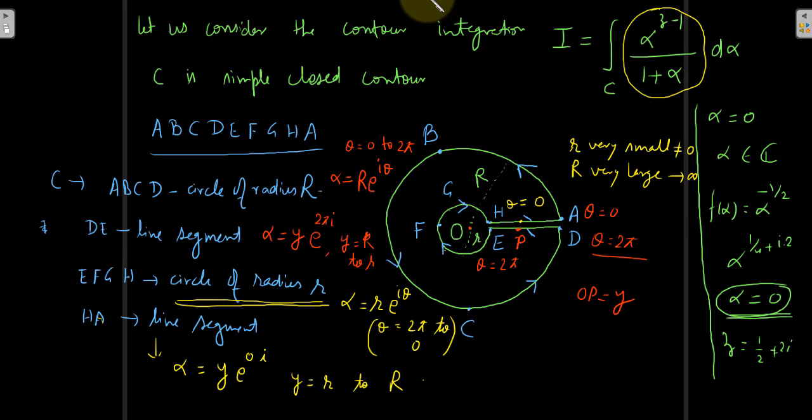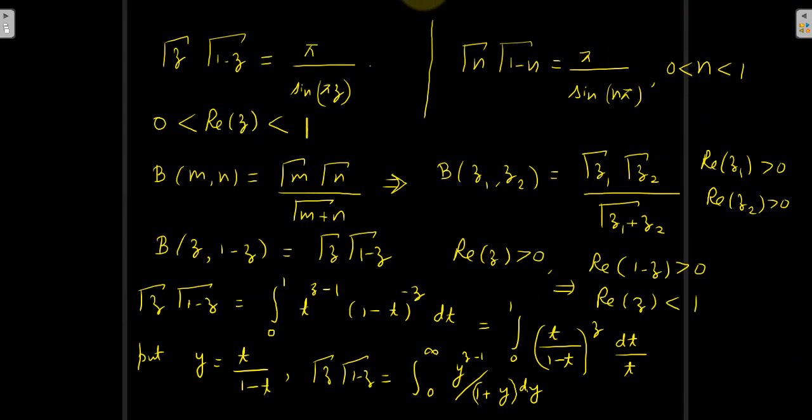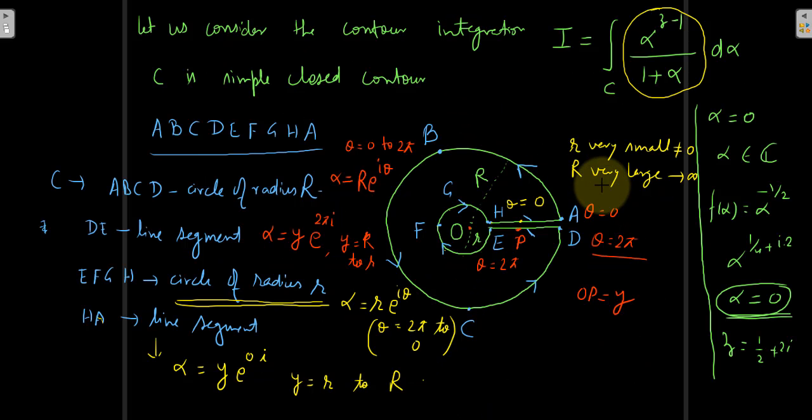And what integral you are looking to solve? You are looking to solve the same integral, y to the z minus 1 over 1 plus y dy from 0 to infinity. Okay, so this is the first advantage of taking this small r very small and capital R very large. Small r tends to 0, but small r is not equal to 0. Why? Because we have to get rid of this O. We do not want this O inside the region because this is a branch point,